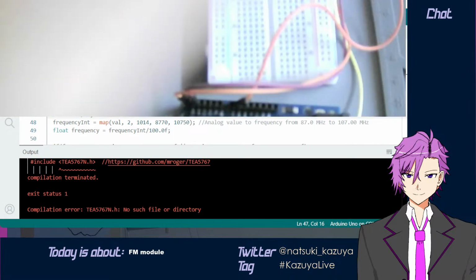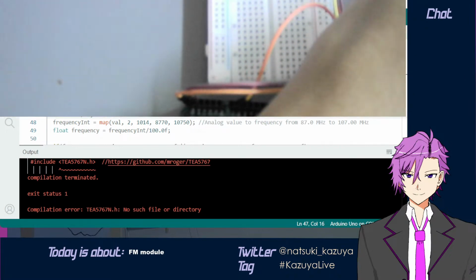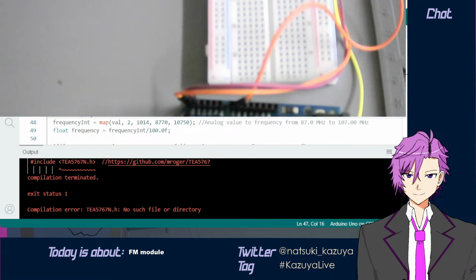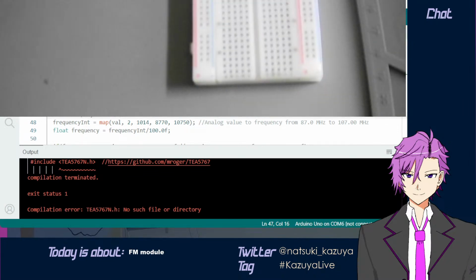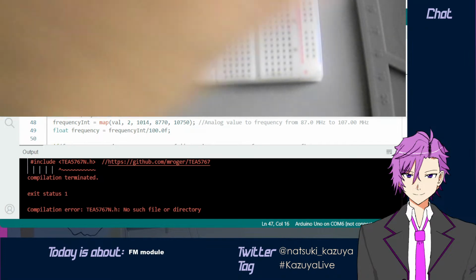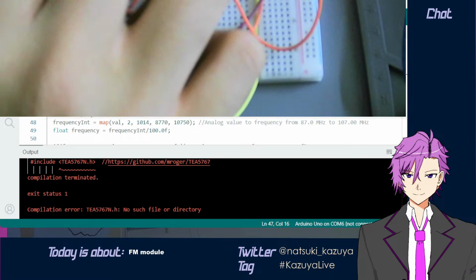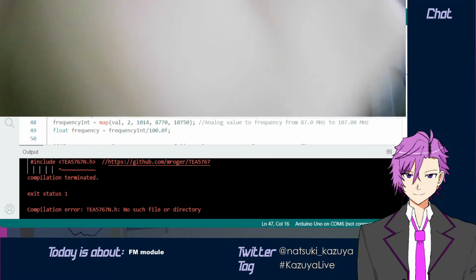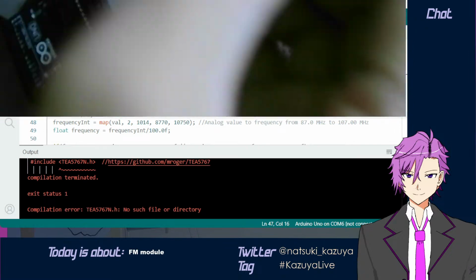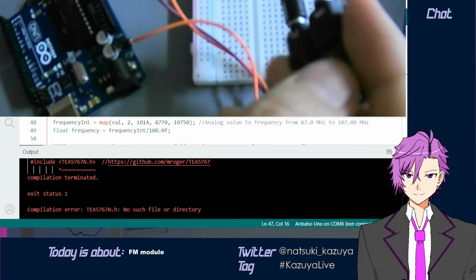So we got ourselves the video capture device. I think we can take the Arduino off already. Okay, we'll take off all the cables this time. Now the first thing that we've learned is this baby right here, the heart of our